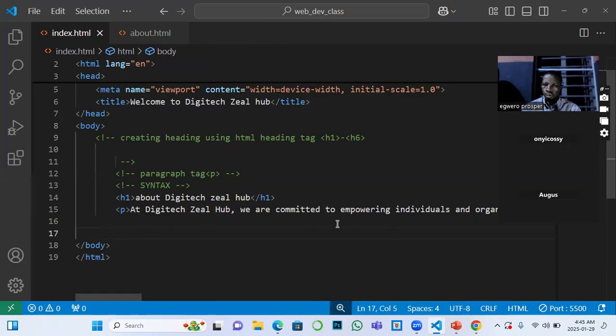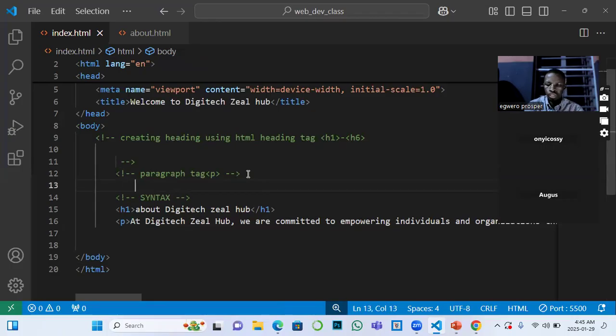So let's quickly look at the next tag, which is called the image tag. So I'm using comment. I said for you to activate comment line, just simply press the control button and this /. That is how you declare the comment line in HTML and even in CSS. So we are looking at image tag,